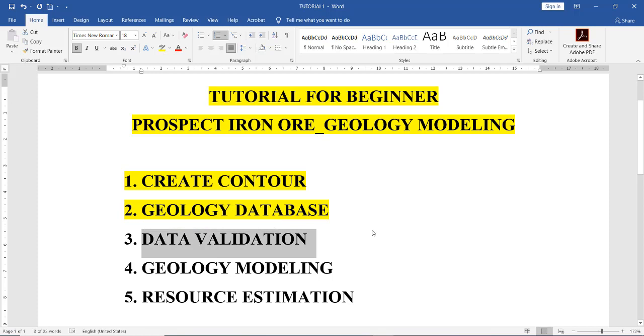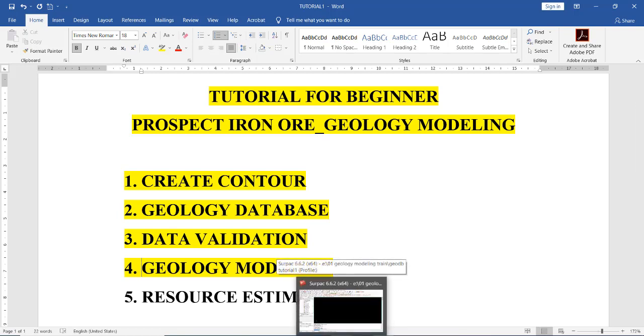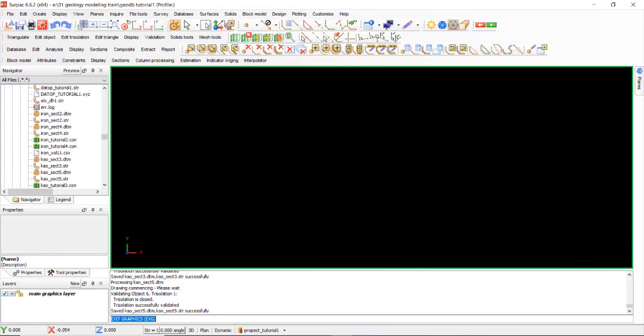We have finished data validation for the database and topographical, and we start in number 4 the geology model, and we finish geology modeling. We start Geovian, okay,